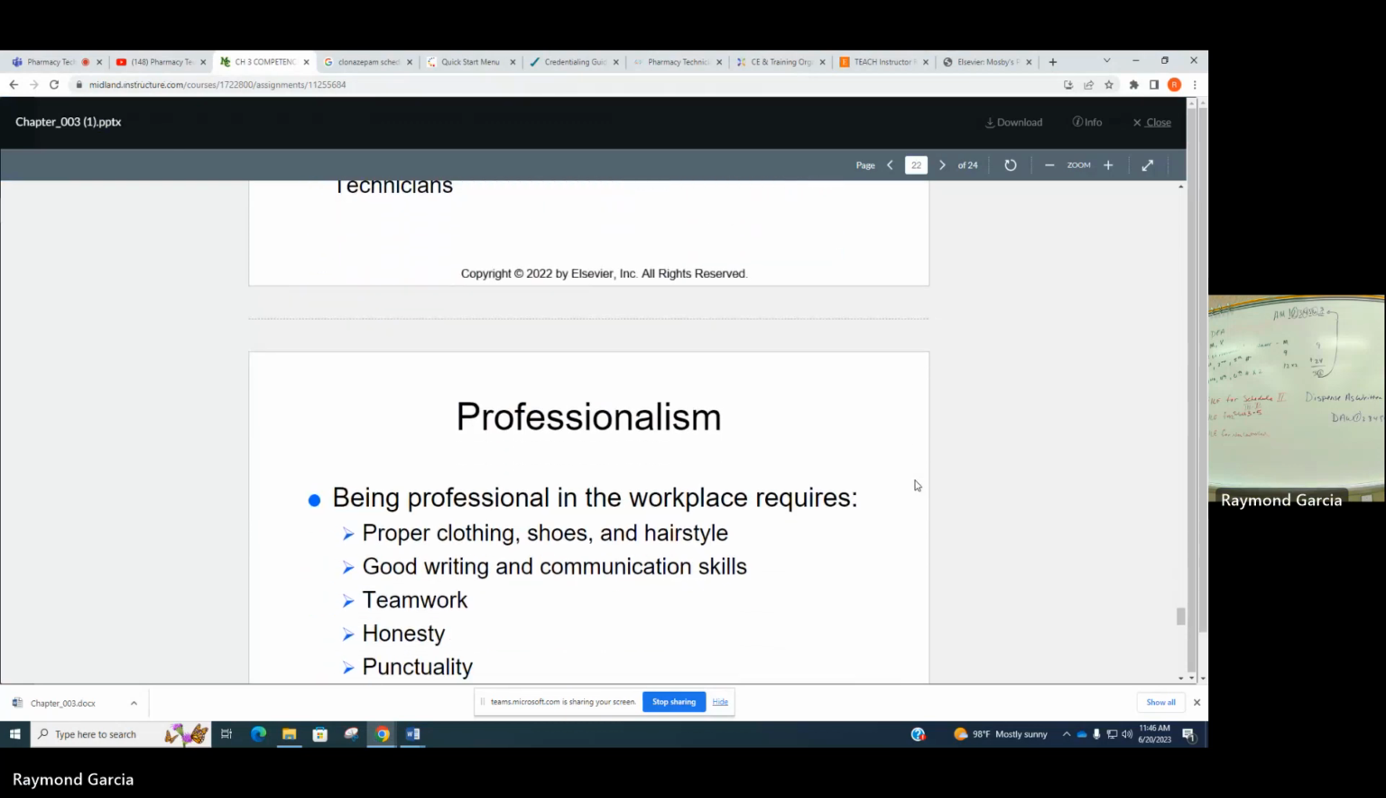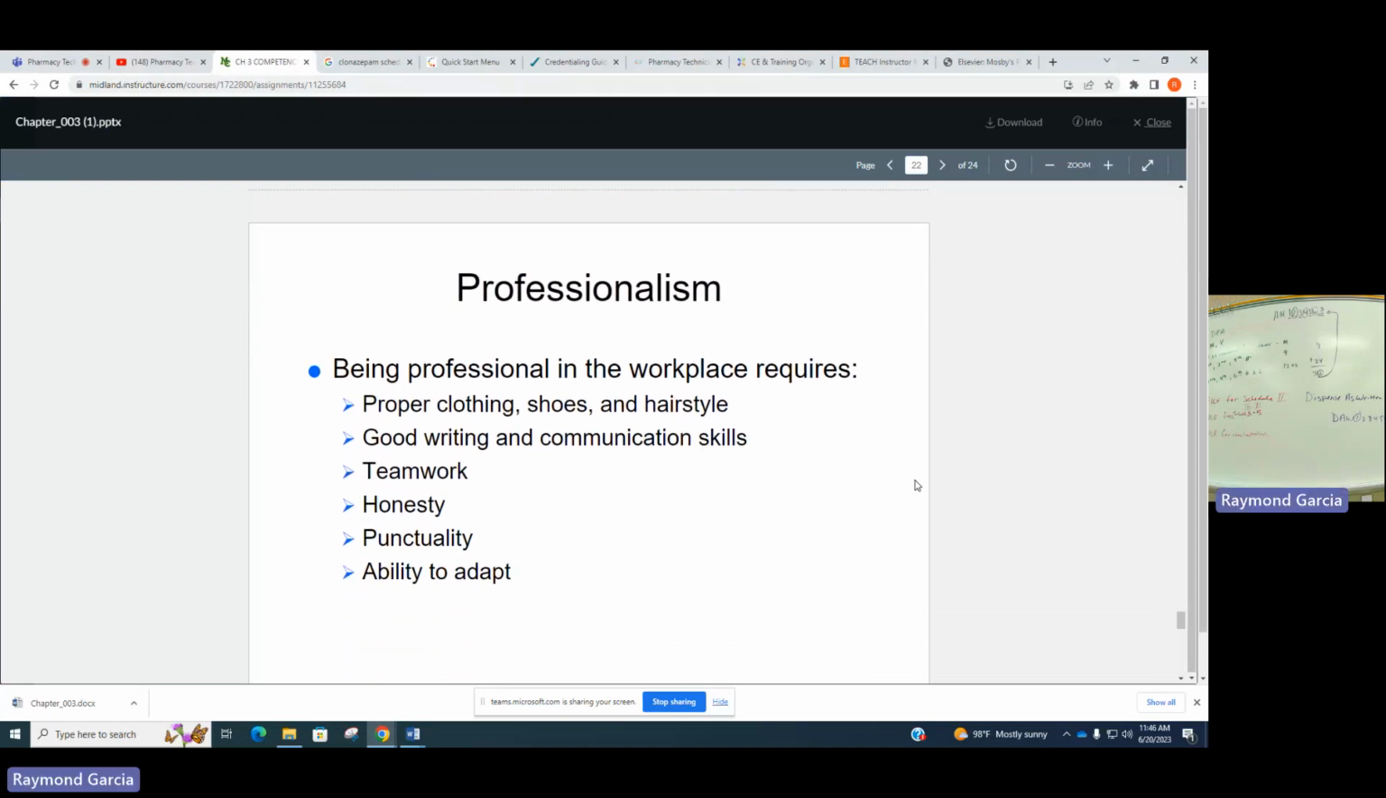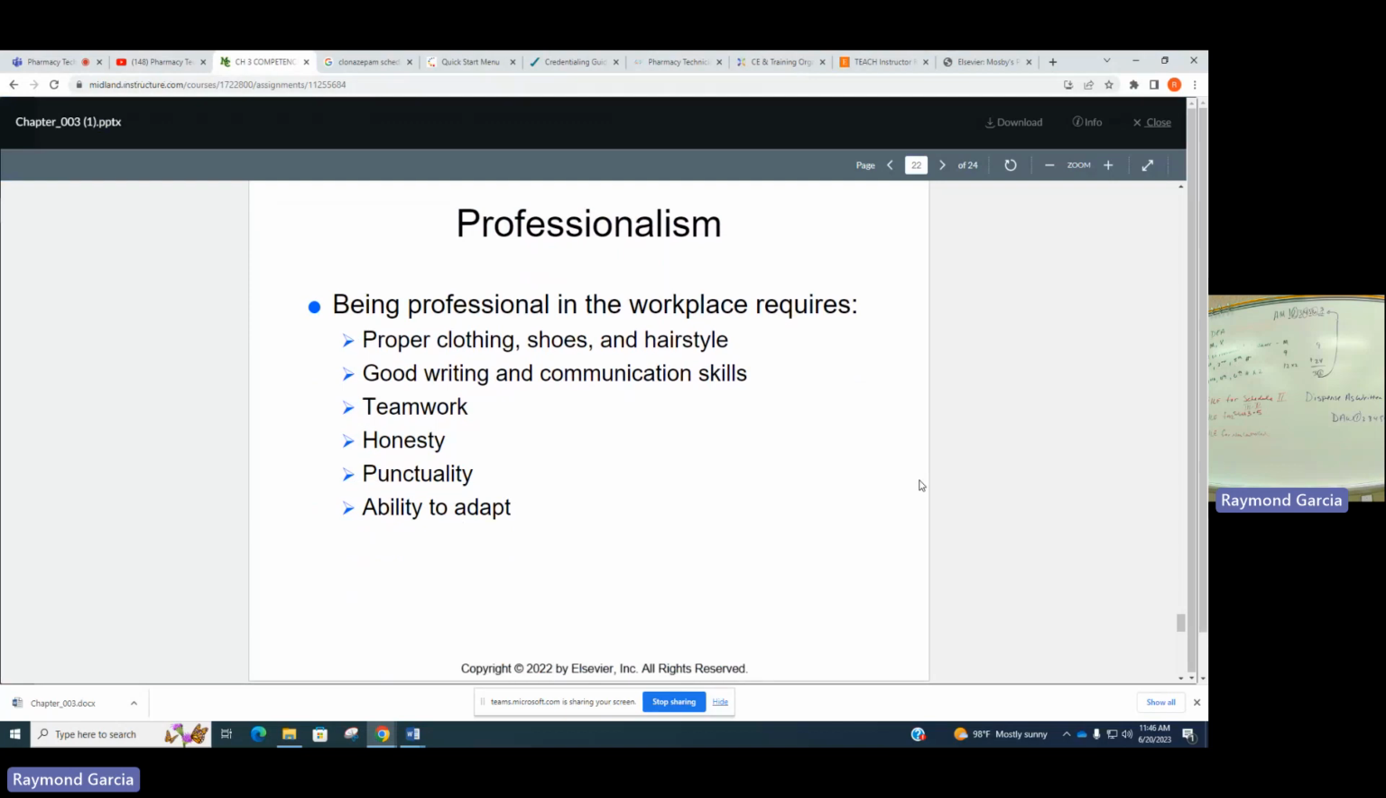Professionalism. Being professional in the workplace requires proper clothing, nice, comfortable shoes because you'll be standing for most of the day, and a proper hairstyle. Good writing and communication skills. You've got to work as a team, so teamwork is highly important. Have to be honest, especially to your coworkers and your bosses. Be punctual and able to adapt because there's constant change in pharmacy, especially with new medications and different laws